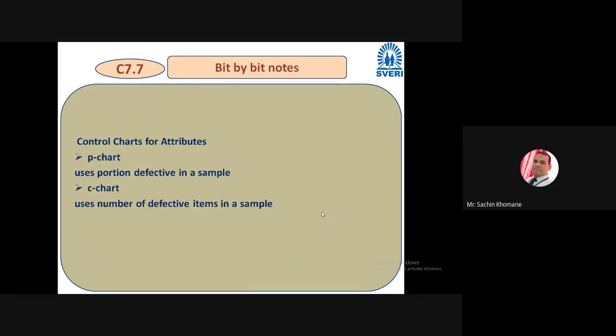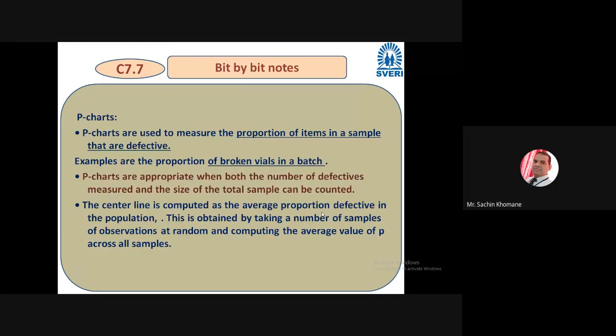Now, there are also two types of attribute control charts. The first type is a P chart, like the X and R charts we have seen. So here, the P chart and the C chart are there. What is the meaning of the P chart? Basically, it uses the proportion defective in a sample. It means how many items in a sample are defective. If you want to count that, the P chart is appropriate. And whenever you want to find out or use the number of defective items in a sample, let us discuss in detail with the help of this P chart.